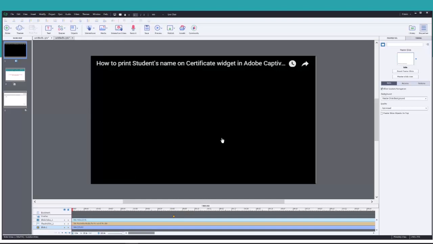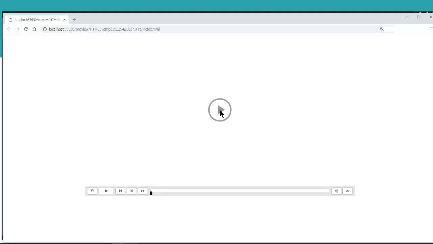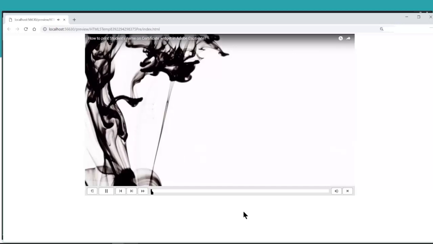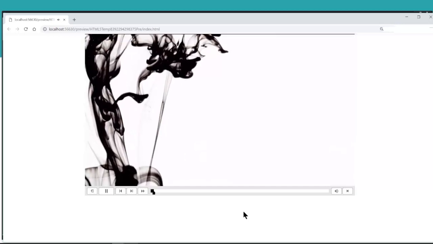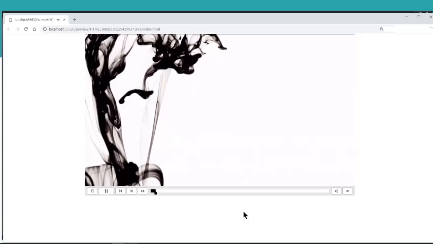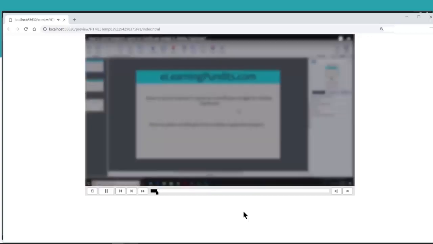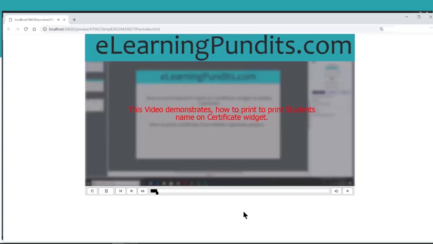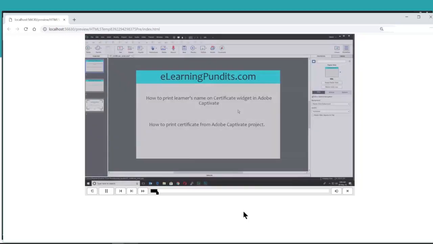Let's take a look at how it will look in the actual project. So let's preview it from preview and HTML5 in browser. So my project is loading. I'm clicking the play button. So this is how my project has started, and after 8 seconds it should show me my overlay object, and here we go. So after a few seconds it will automatically play,